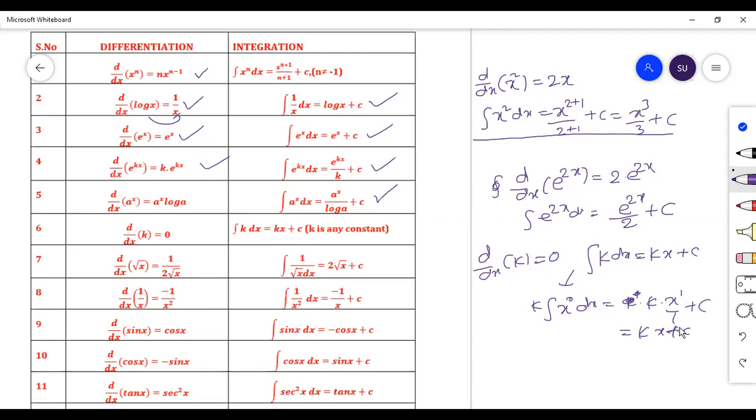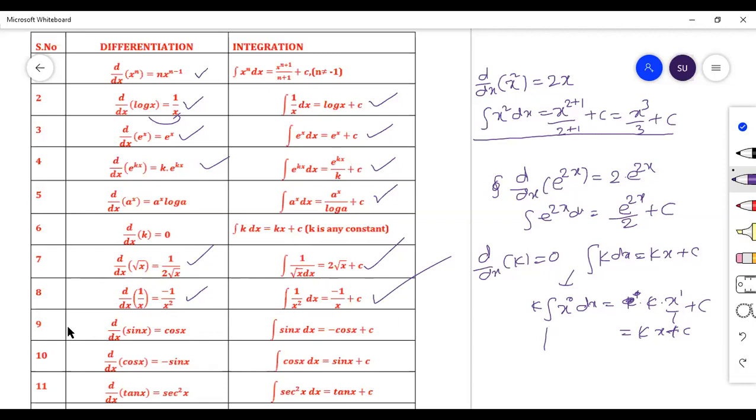Okay, first we will see the formulas one by one. Next, we will discuss the formulas with some examples also. d by dx of root x is 1 by 2 root x. Here, if you take d by dx to this side, it will be the integral. That is, integral 1 by root x dx can be written as 2 root x. d by dx of 1 by x is minus 1 by x square. Integral of 1 by x square is minus 1 by x.